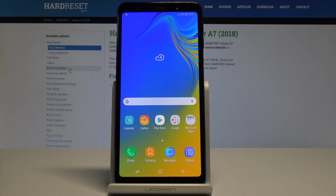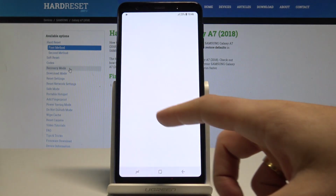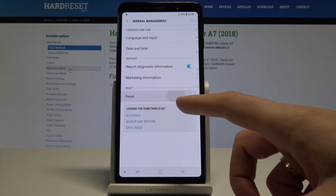Here I have Samsung Galaxy A7 2018, and let me show you how to reset network settings on the following device. So at the very beginning, let's start by using the home screen. Let's unlock the list of all apps, choose settings, scroll down and choose here general management, tap reset, and from